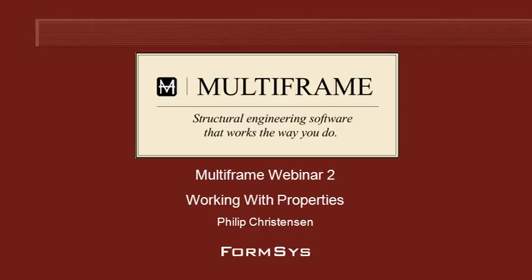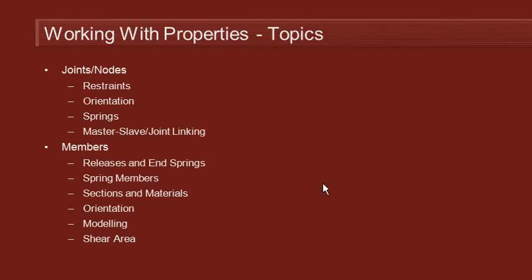We saw in the first webinar how we can set up the geometry of our frame. Now let's take a look at how we can specify the properties of the joints and members we've created. For the joints, we can apply restraints to define the boundary conditions of our problem, and we can also specify the orientation of those joints in the case when we want the restraints to be at an angle to the